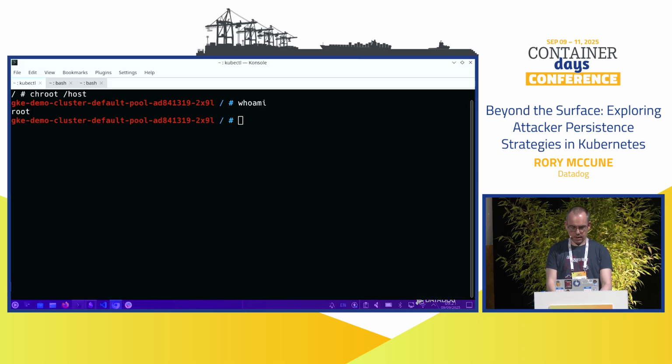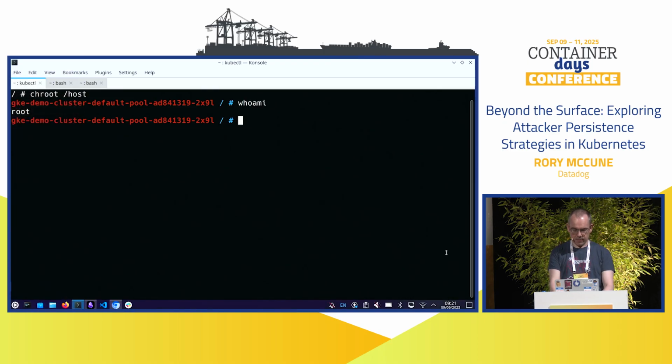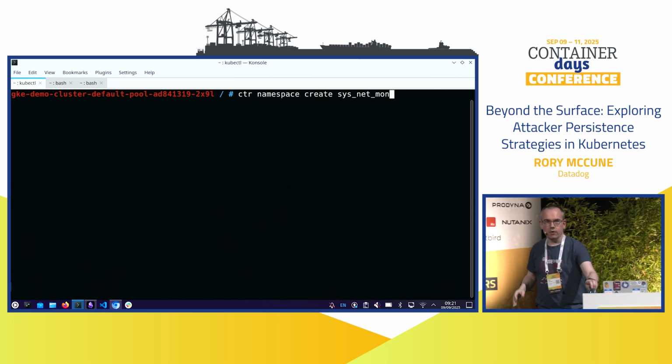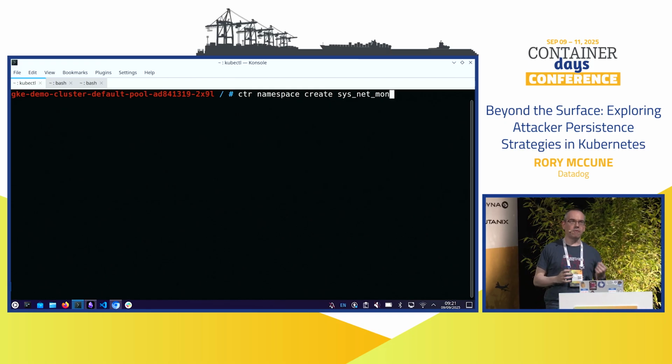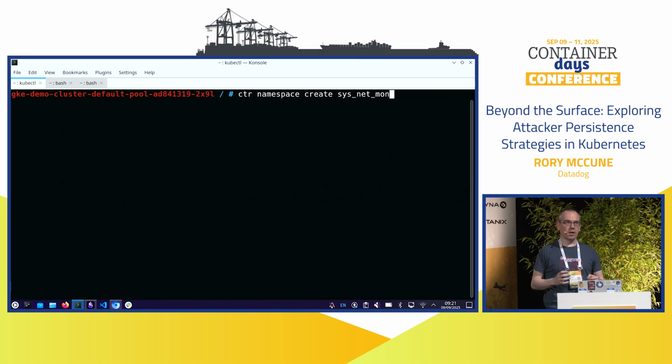So let's go. At this point, I'm going to start copy-pasting, because if I don't, I'm going to make more typos. And that's not going to be great. First up, I'm going to use this command here, ctr. ctr is a debug client for containerd. From an attacker standpoint, the useful thing is it's installed in every single place containerd is. There are other better clients for containerd, like nerdctl, but they're not going to be installed necessarily. ctr is always going to be there.